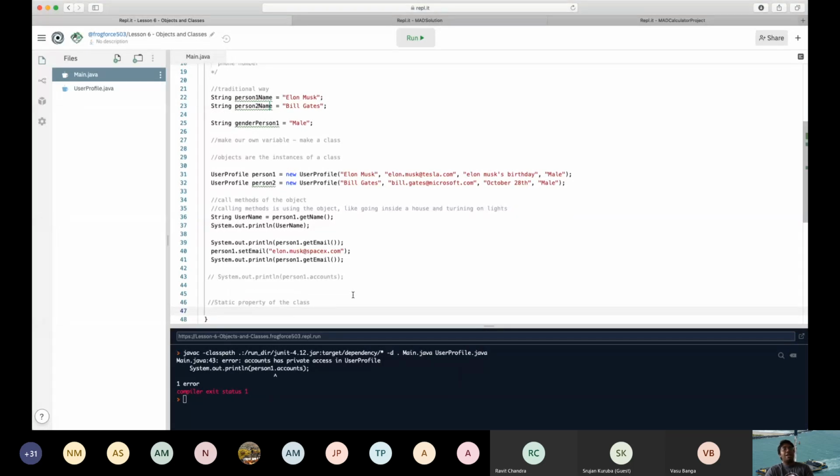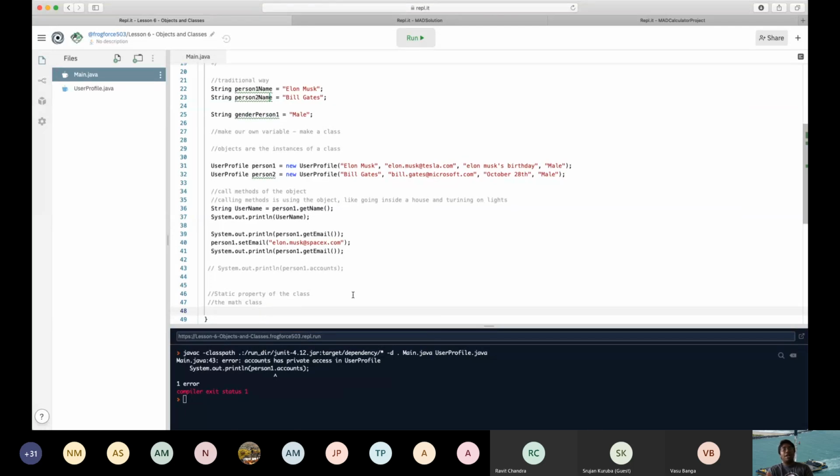So there's an entire class in Java called Math. The Math class has lots of things that are related to math. An example of a static variable is pi. Up till now, we've been typing out double pi is equal to 3.14, but you don't actually need to do that. What you can do is say